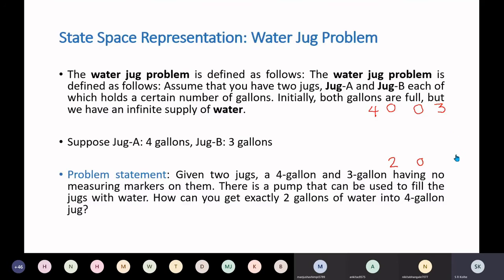Yes, yes. First of all, the 4 gallon and 3 gallon jugs are empty. Both are empty. Then the concept is the 3 gallon. Just a minute. Both are empty, then